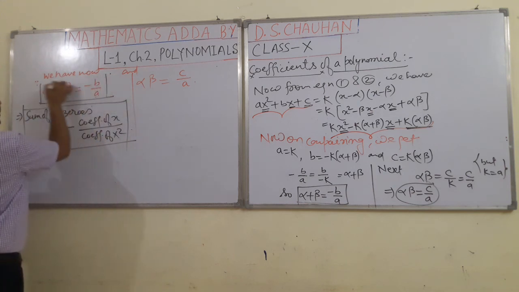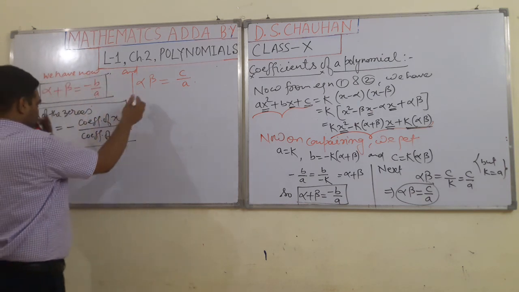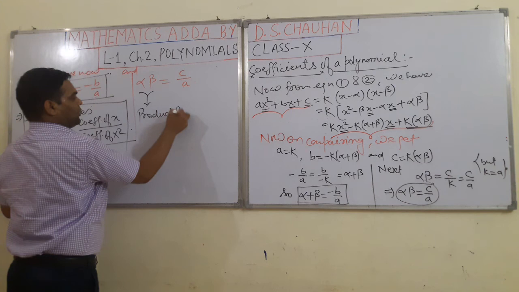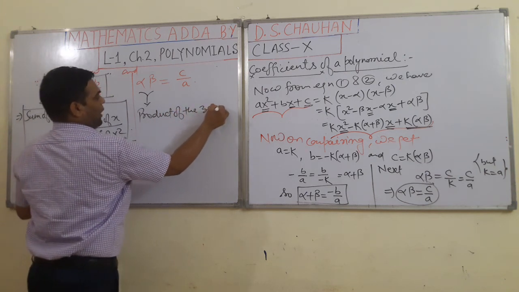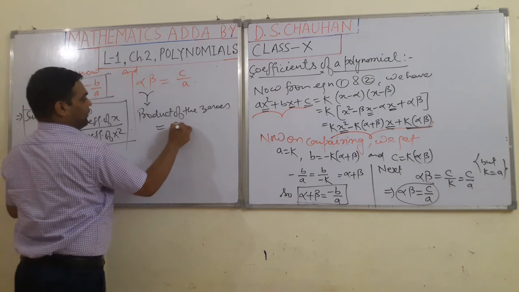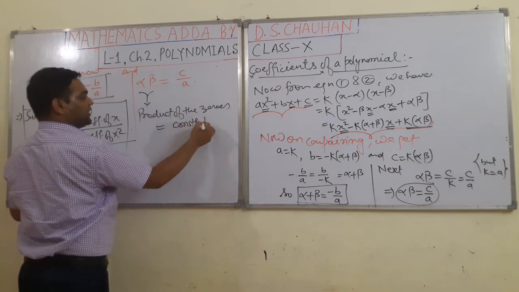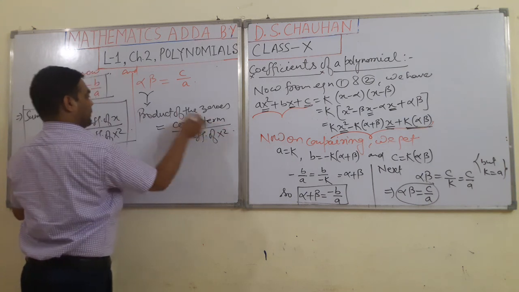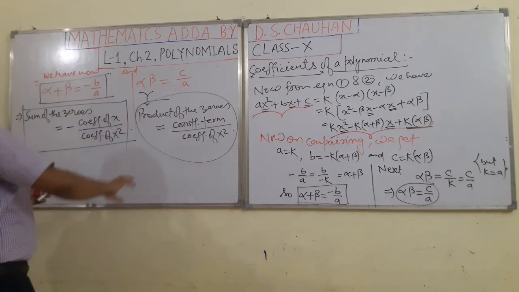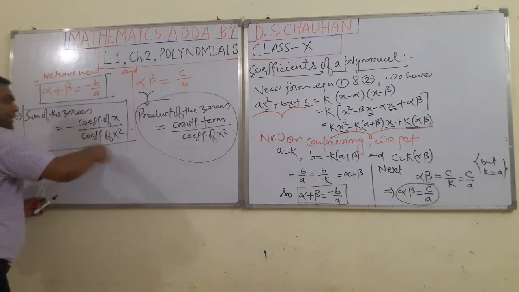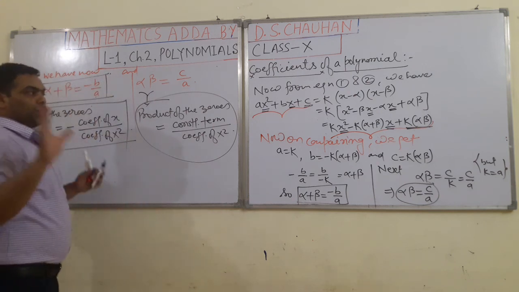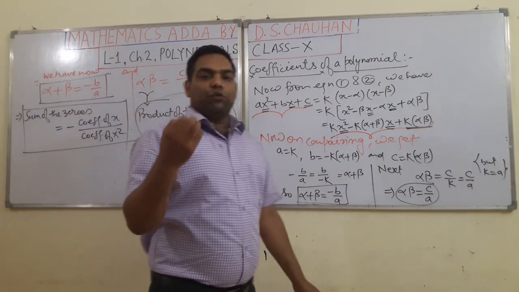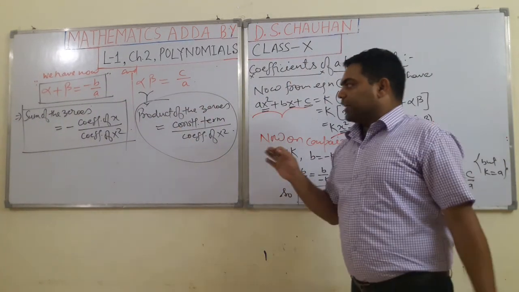It is in symbolical form and it is in wording. Okay, now alpha beta, to this we can say that this is the product of the zeros. What could it be? It could be this c, the constant term, upon the coefficient of x square. So we can also learn the formula this way and this way also. Okay, so I hope it is clear to all my students what the formula is to find out the sum and product of the zeros of a quadratic polynomial.